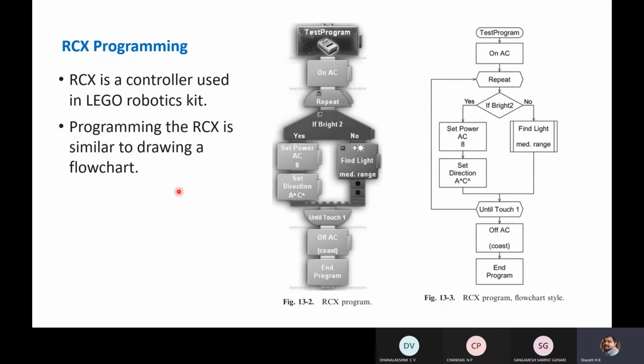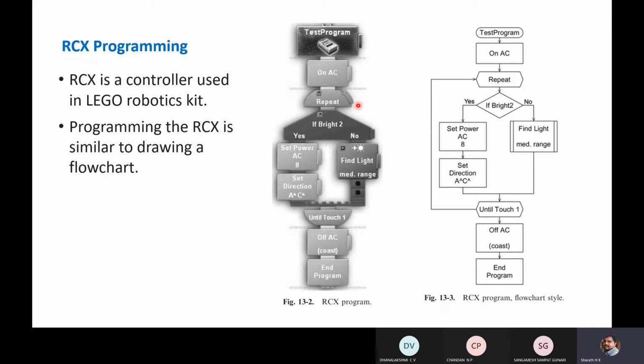In the previous session we discussed flow charts. In a flow chart we use different symbols like a rectangle and other shapes, and each conveys a particular meaning. For example, a rectangular block represents a process, and this other type of symbol represents a decision. Like that, there are different symbols to convey different meanings, which we discussed in flowchart programming.